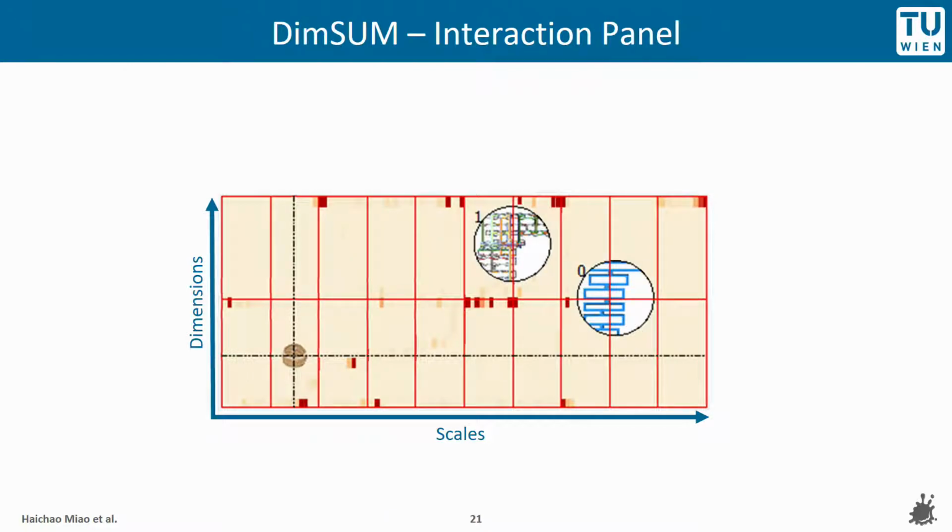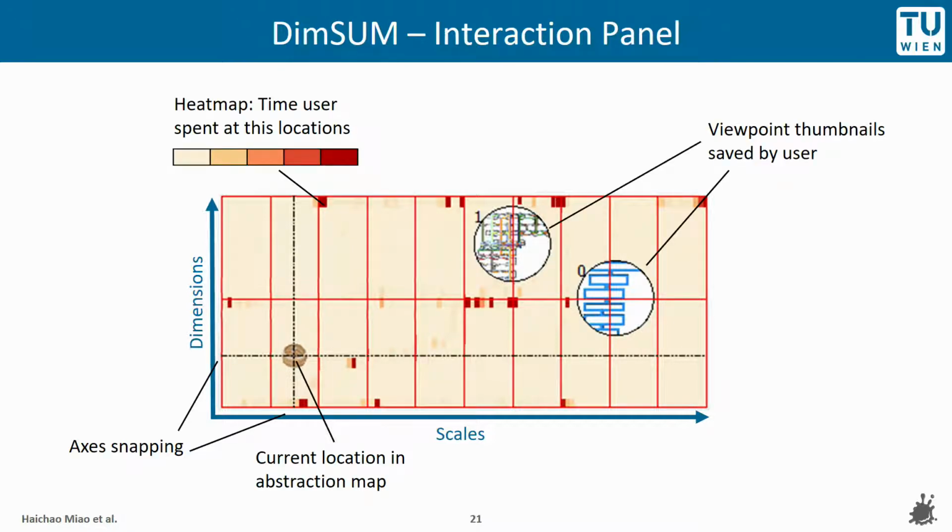The interaction panel is also augmented, or overlaid, with different information. So here we have the DimSUM interaction panel, but augmented with this heat map. This heat map shows us how many seconds the user has spent at a particular location. Because we have a big space, the workflow can be optimized by showing them additional information. They have different means of interacting with this interaction panel, such as snapping to the axis or to discrete